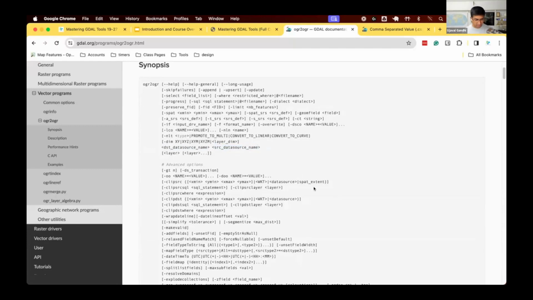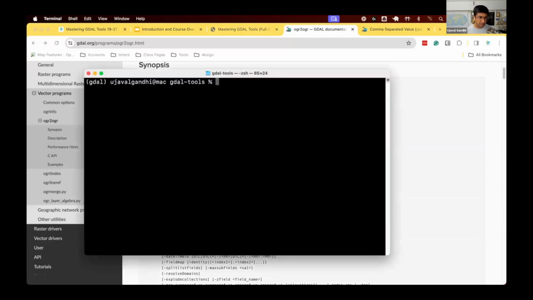We'll learn about a lot of these options through the course. Right now, we can simply say, just read the CSV, convert it to a shapefile or a geo package. Let's see how to do this. So we have our command here. We can say OGR to OGR, open the world cities. This is our source file, open it with these options, and we can turn this into our target file. So we keep our target file first. We'll say world